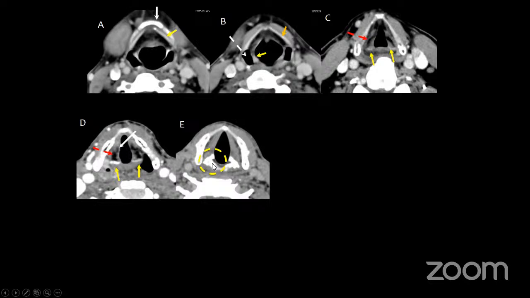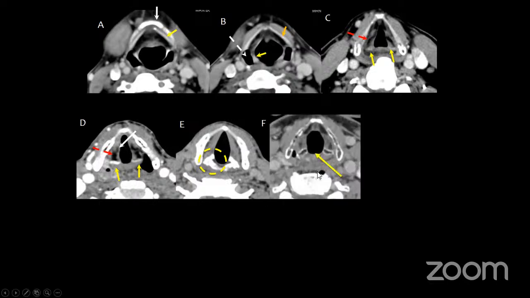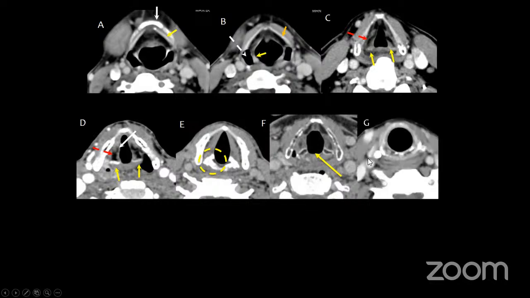So the cricoarytenoid space is also a very important structure. If the disease is reaching the cricoarytenoid space, the patient might have a dysfunctional larynx, which will be a contraindication to function preserving treatment options. As you go further down, you start seeing the appearance of the cricoid, and that is the area which is